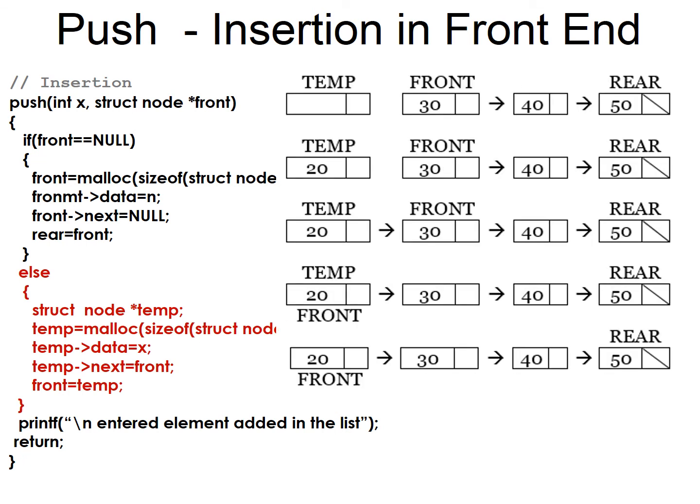So we repeat the same operation if it has more than one element. So my double-ended queue is with 30, 40 and 50. See the process of what is happening. First I am creating a new node temp. In its data part I am storing the new element, temp of data is equal to x, and I am assigning the new node's next pointer to the front. So temp of next is equal to front, and finally front comes to the new node. So front is equal to temp. Now 20 will become the first node of the double-ended queue. After we come out of the function, the temp variable will be erased.